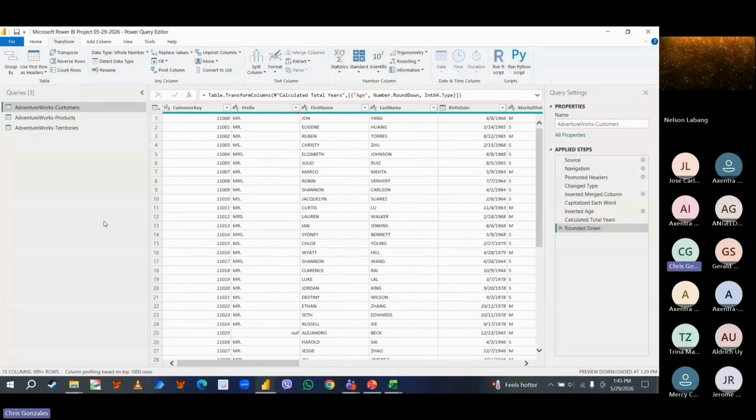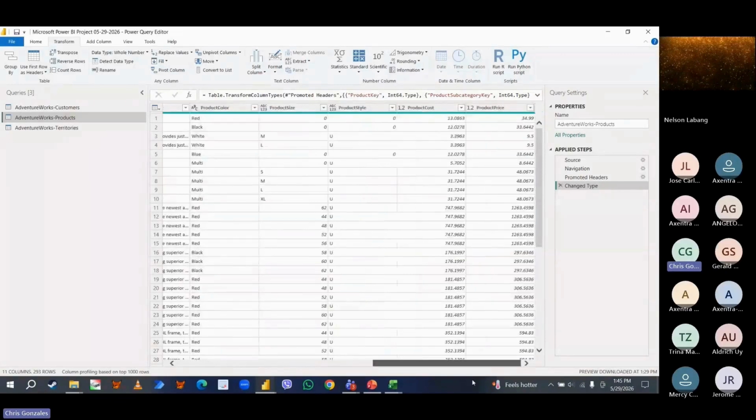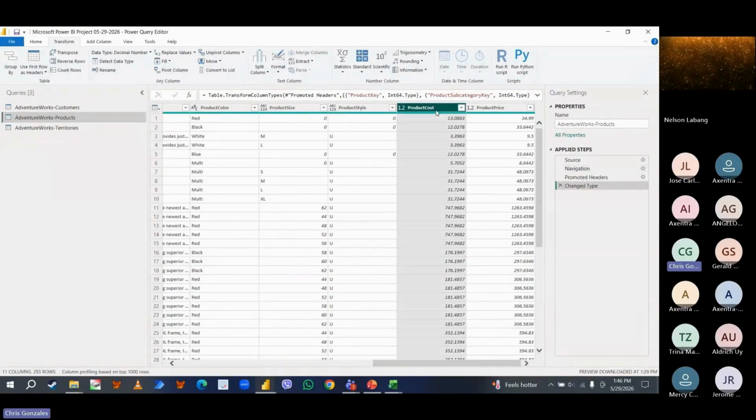Last two examples, and then we'll go to the visualization. Sorry, before that, I will import the sales table as well. Anyways, can we go to products table if you're following along? Now, in the products table, what I would like to do here is very simple. I just want to add a round format for product cost and product price, similar to what we did for the age data. So let me just highlight product cost and product price. And under transform tab, we have here the rounding.